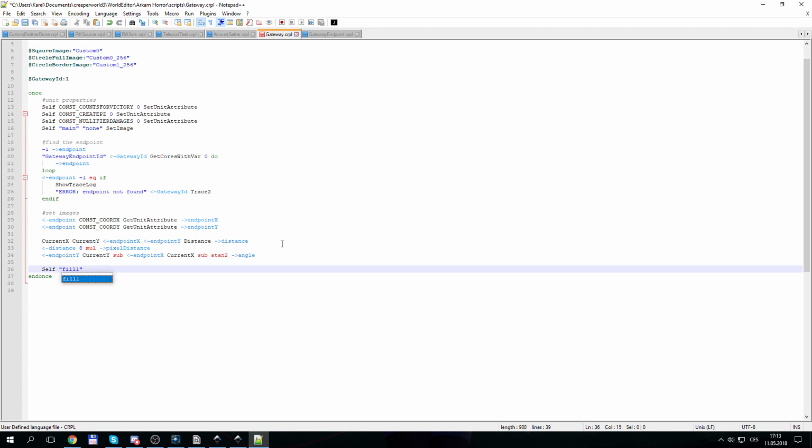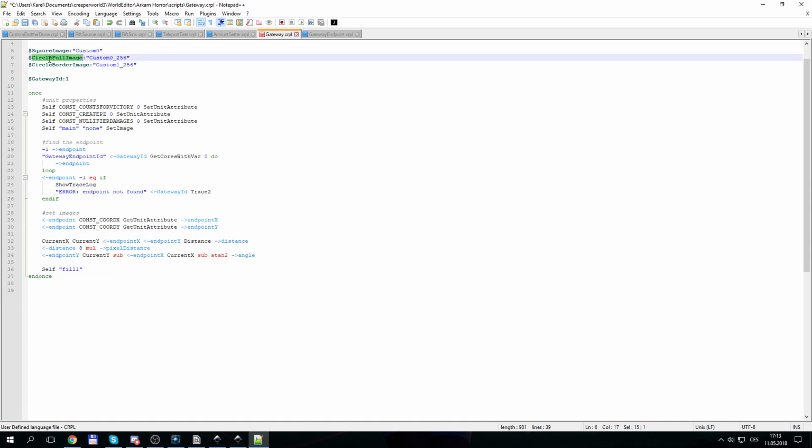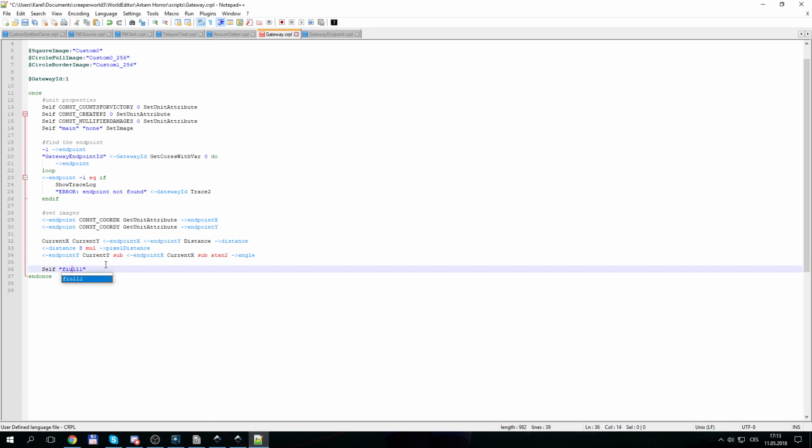No, it will actually be called fill 1, because we want two circles, one for the fill and one for the border. So it will be just called fill 1. And the image will be, or I guess I can name it,